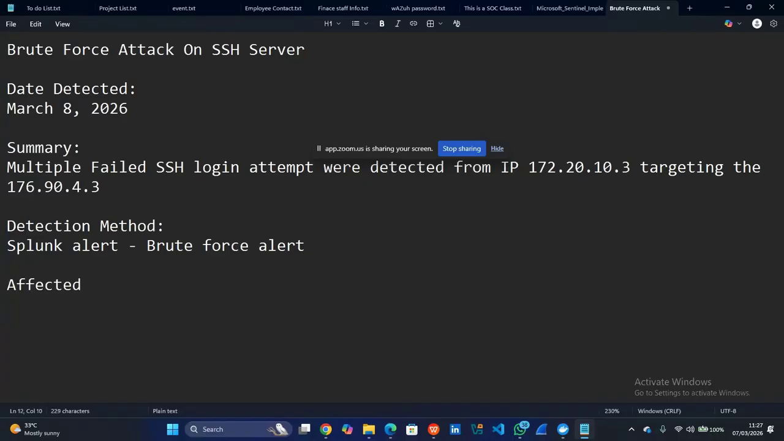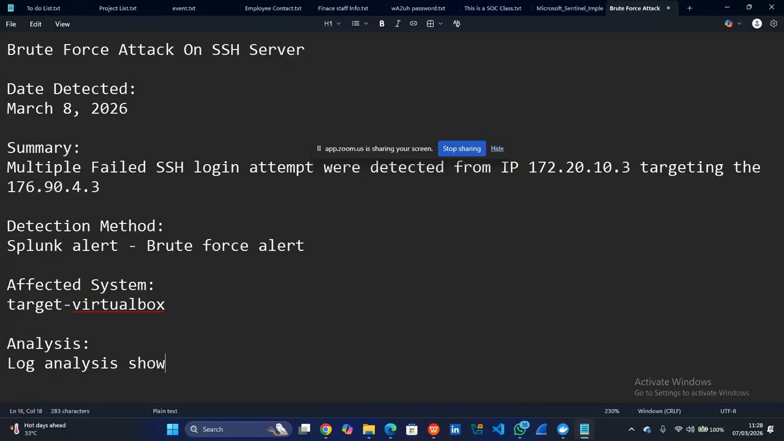Then affected system. Which system was being attacked by the brute force attack? Let's see, our target. I think the target is the Ubuntu VM. Then also, what did the log show, or what did your analysis show? So we can go by saying log analysis. See, log analysis shows